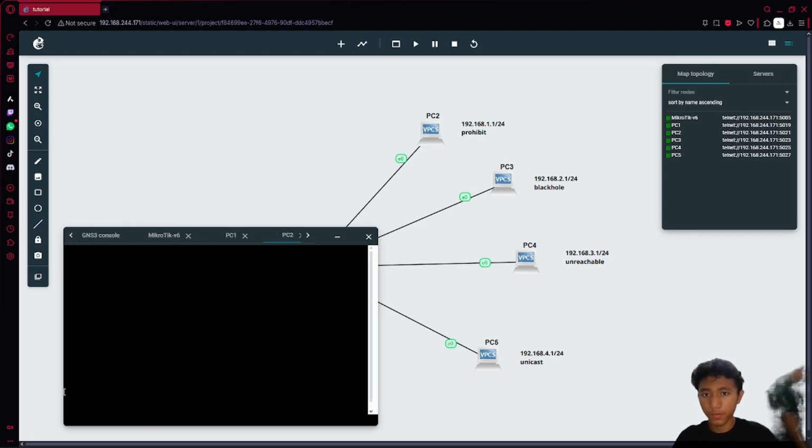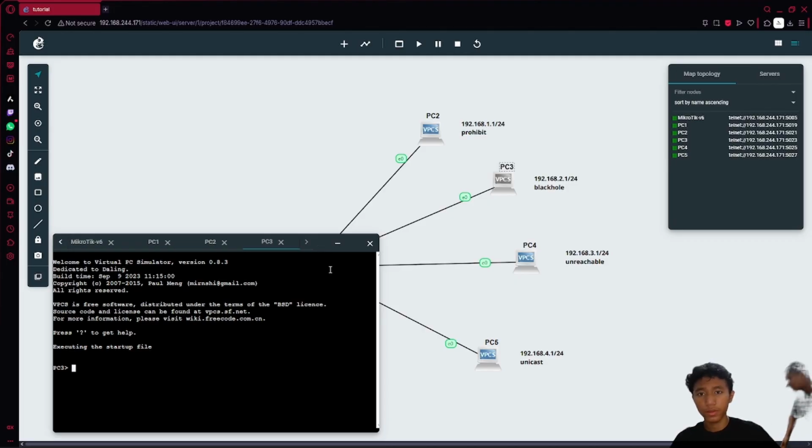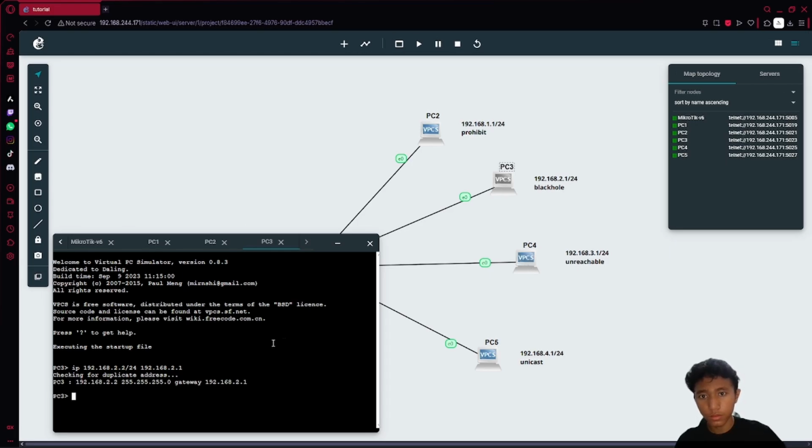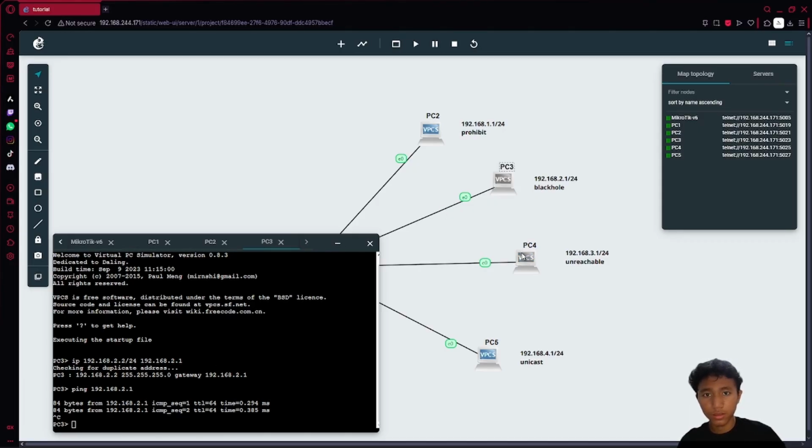Now there's the reply from the router. Next, configure PC3 using IP 192.168.2.2/24. The gateway is 192.168.2.1. And check the connection to the router itself. Now the PC is directly connected.